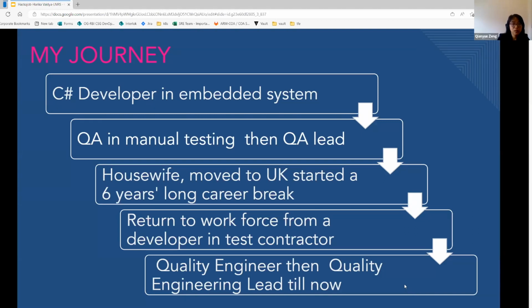And I noticed that on the market at that time, many QA or tester job descriptions mentioned it's good to have an ISTQB certificate. So I decided, okay, let me start from there. So I did some preparation, and because the content of this exam is still quite fundamental and classic, it didn't take me a long time.